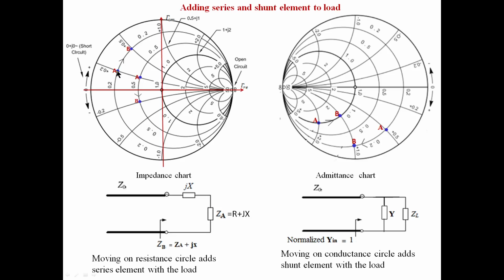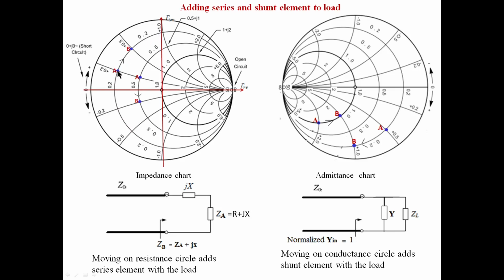Say for example here, if you move from here to here, by the time you reach here, the resistance value remains the same, but the reactance value changed. It is 0.2 here, and here the reactance value is 0.5, but the resistance value is 0.2 only. Like that, reactance value changes as you move like this. Over this resistance circle, you can move either in a clockwise direction like this, or in the anti-clockwise direction.